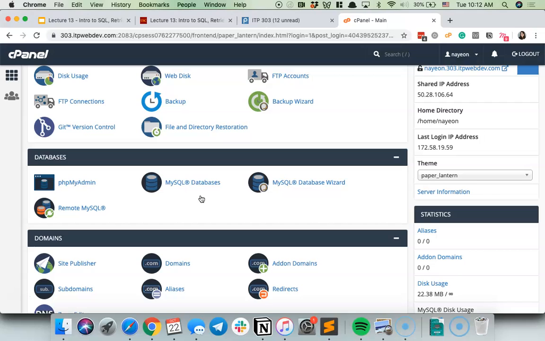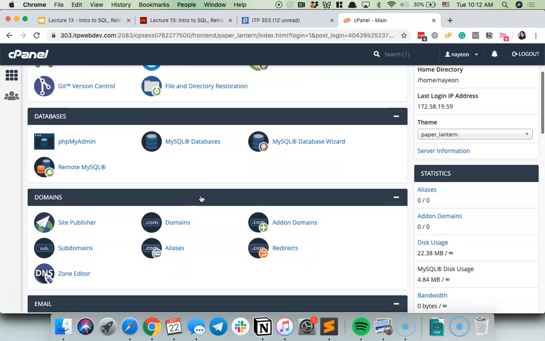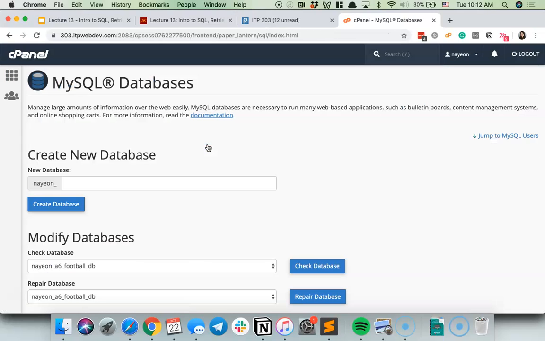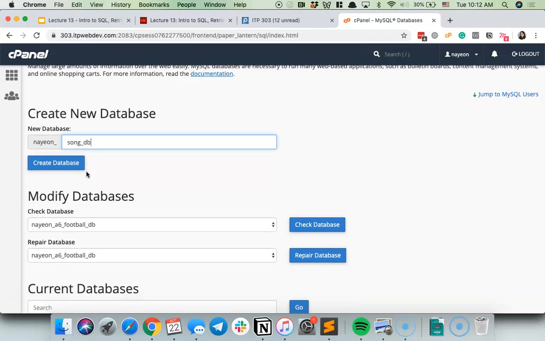So on the ITP Web Dev server, after you log in, this is all your stuff here. So let's go ahead and click on MySQL Databases, like we've done before. And let's create another database, and we're going to go ahead and import data in here. Let's give it a second. Okay, let's create a brand new database right over here, and we're going to just call it song_db.